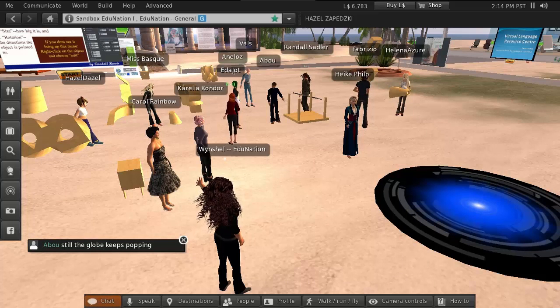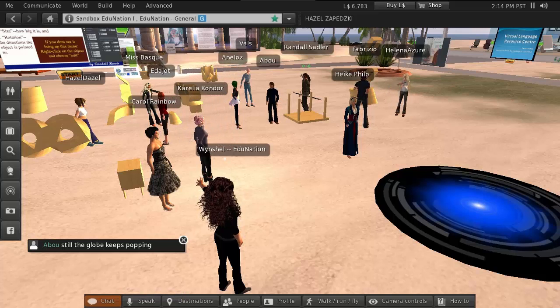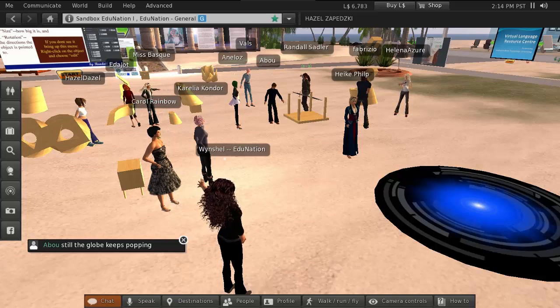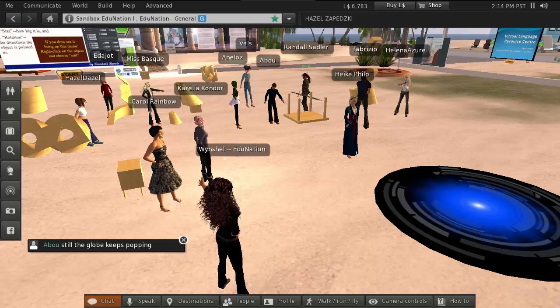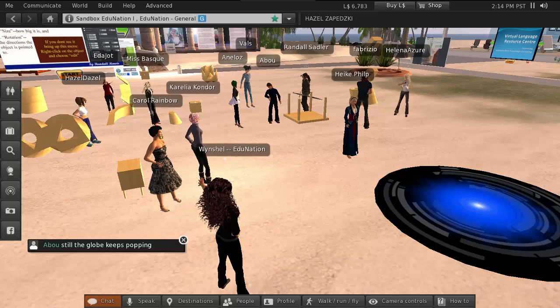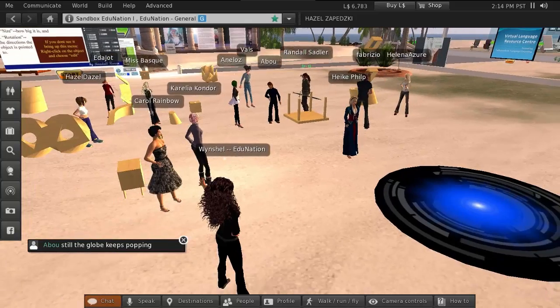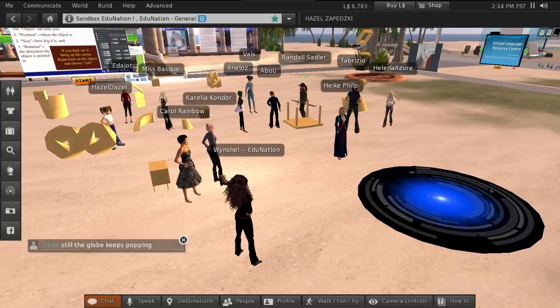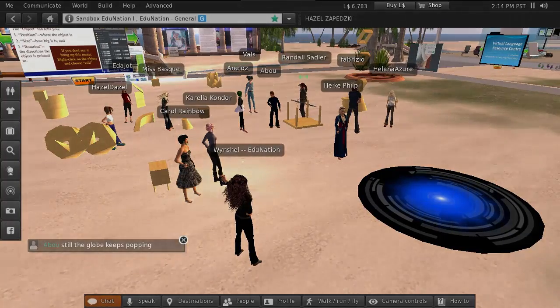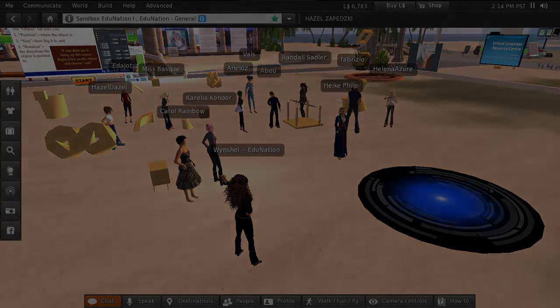I see. Yeah, Abu, the globe will always pop up. It's part of what happens. But do this. This will make it easier. Before you start selecting stuff, all right, close your edit window again. And let's zoom in your camera. Hold down the Alt button on your keyboard. You notice how now you'll get a little magnifying glass instead of the arrow? Click on the center of your table and